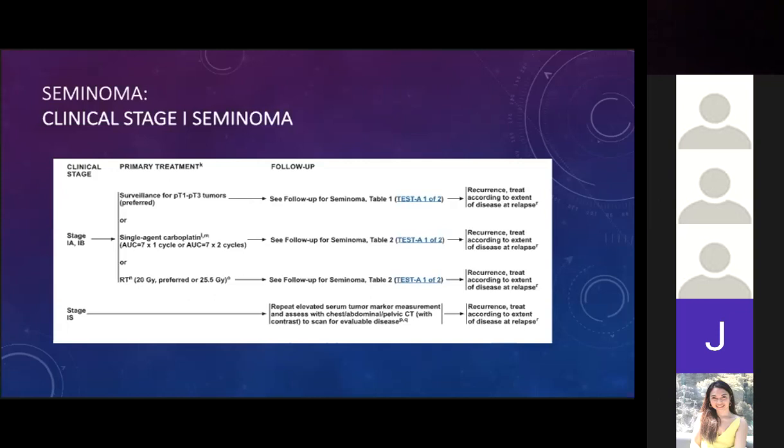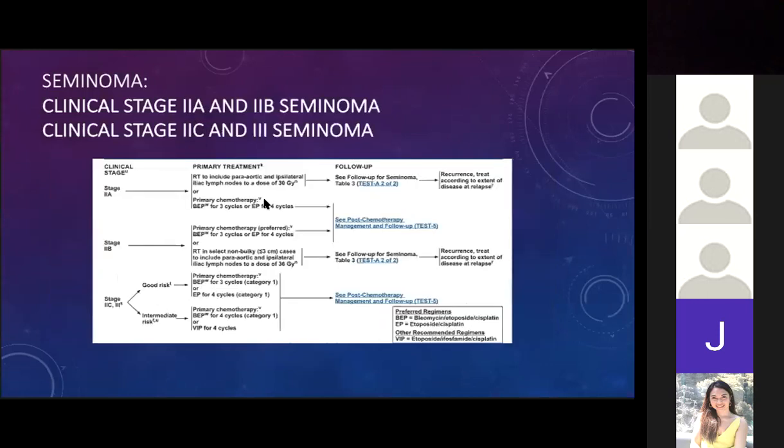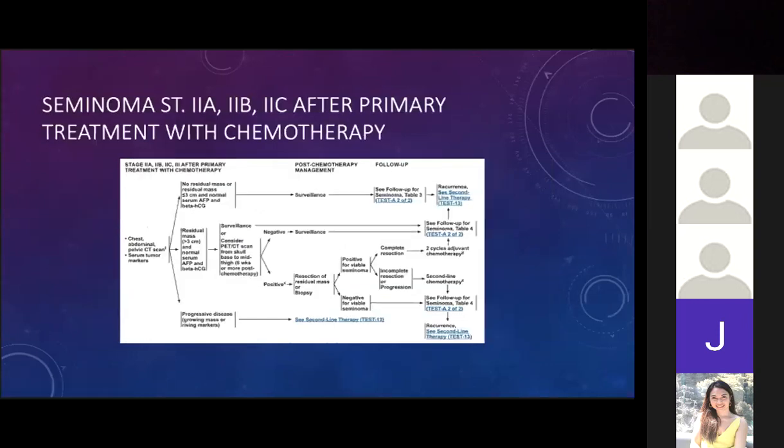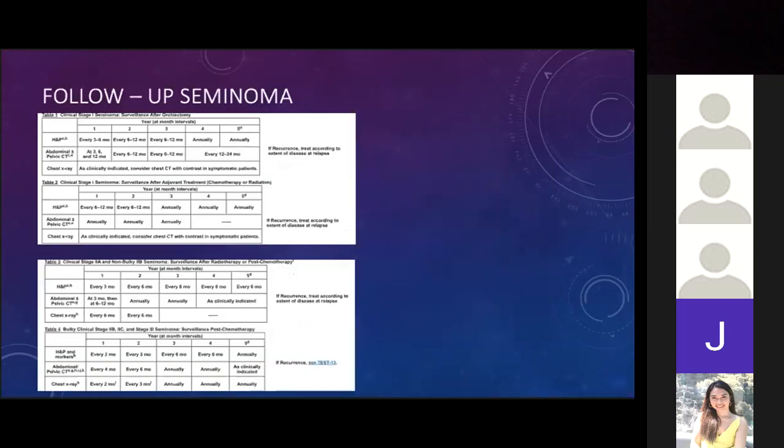The most common sites of recurrence are the thorax and left supraclavicular fossa, and virtually all recurrences are cured with first-line chemotherapy. The surveillance of patients after radiotherapy consists of regular clinical assessment, chest X-ray, and serum tumor markers. So for your stage 2,